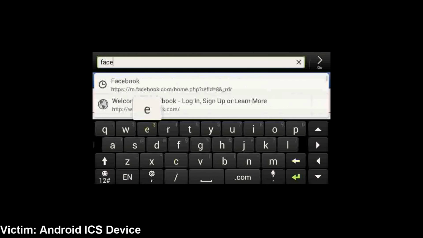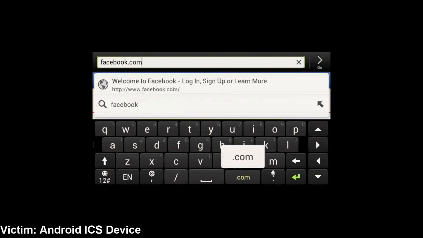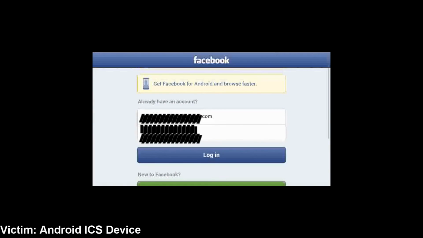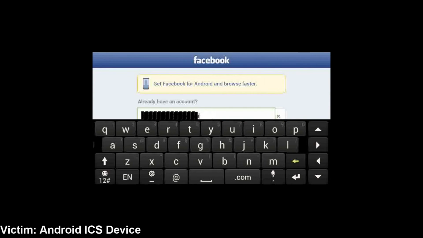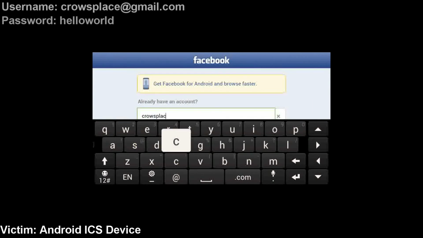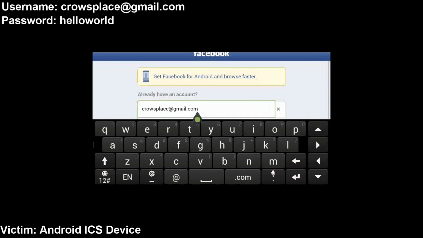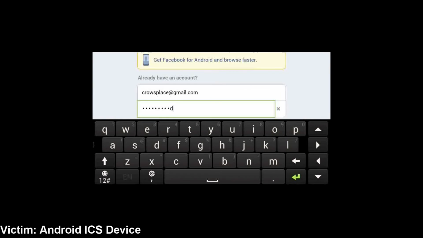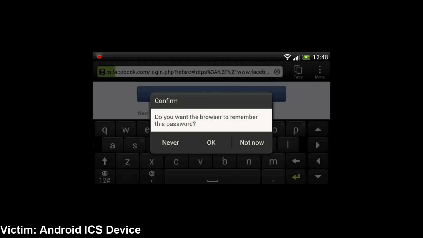So we hit facebook.com, enter, and now here we see the username and password fields. So in the username field we just type crossplace@gmail.com, and in the password field we're going to type hello world. So now we hit login,